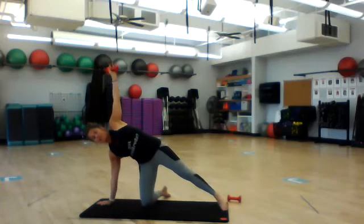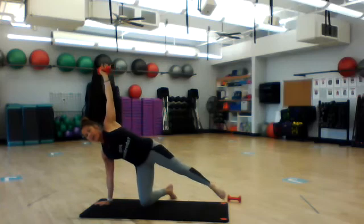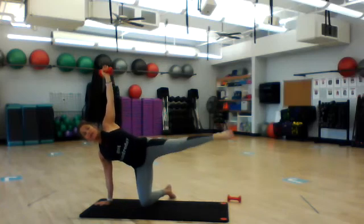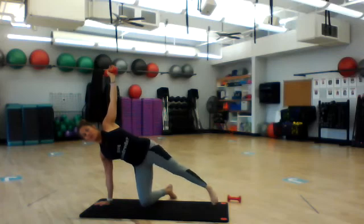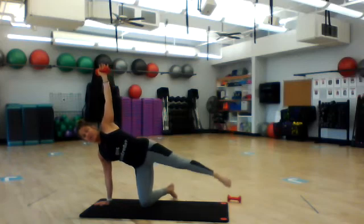Now bring that arm up, see if you can lift and lower, lift and lower. So great way to do your side work here, kneeling side work, and up. Great stuff for your mat Pilates practice. Working core, working balance, hips, upper body, abdominals, up, down,